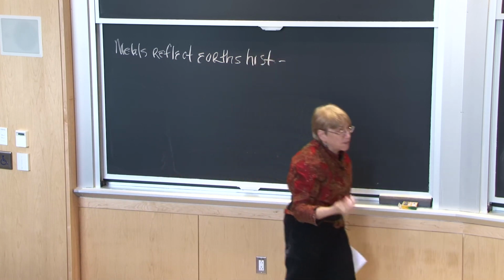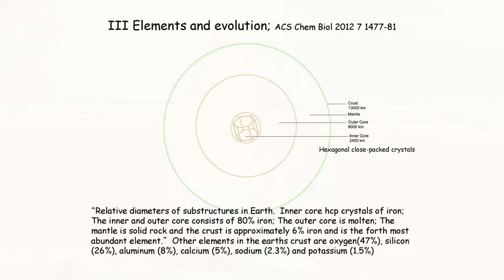So one of the things we know about the geochemical production of the Earth over the eons since the Big Bang, anyhow. So here's the Earth's core, and this is taken from the article by Fry and Reed. And I think the next slide I'm going to show you places in perspective why we're using iron and copper and zinc in almost all the enzymes we see inside of our cells. So the Earth's core is here, and then we have the inner core, we have the